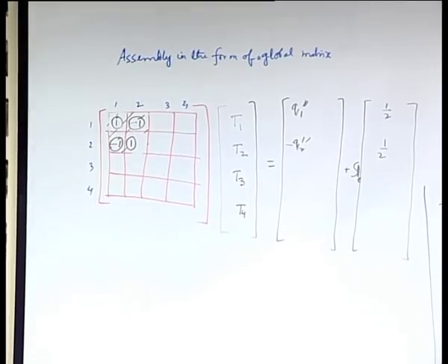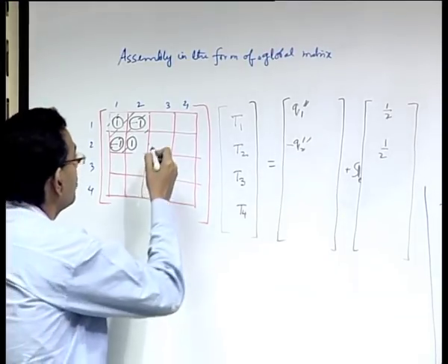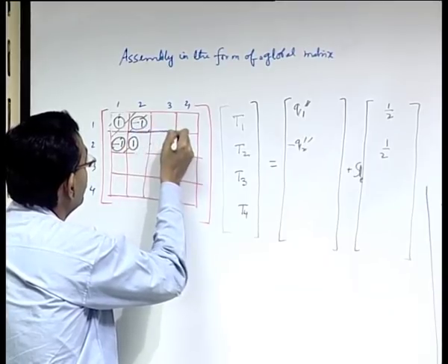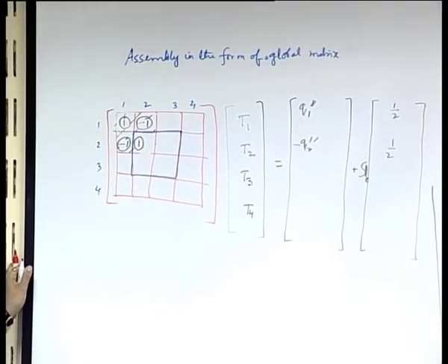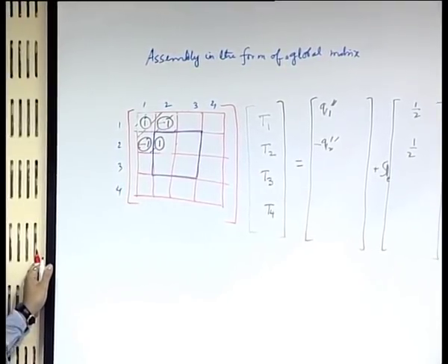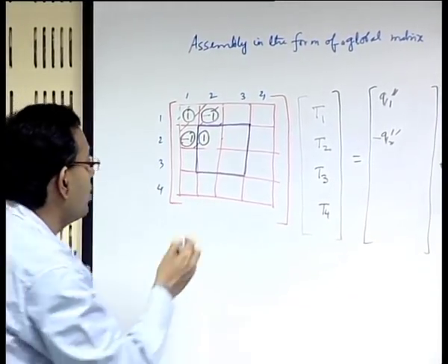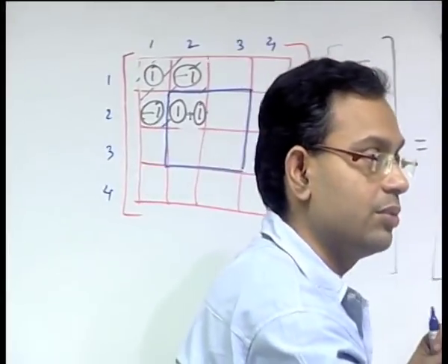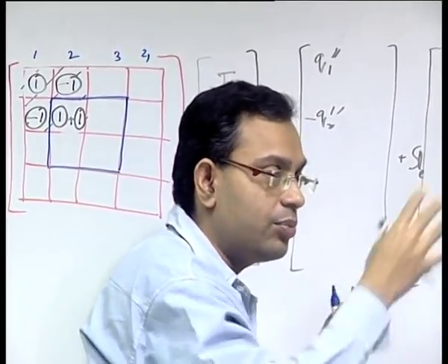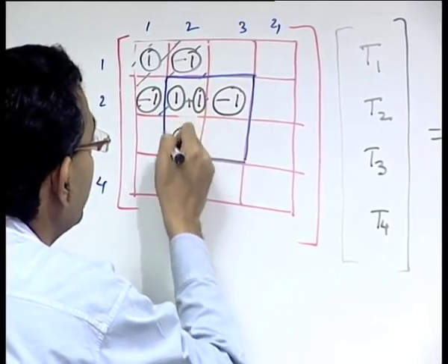Okay. Then for the next element, 2 and 3, right. So, what will be the activated part? 2 and 3 both from the row and the column side. So, this will be the corresponding active part of the global matrix. So, you have 2 and 3 and here you also have 2 and 3. Again it will be 1. Remember you are just linearly adding because it is an algebraic summation, you are summing it up over all elements. So, 1 minus 1 minus 1 and 1.